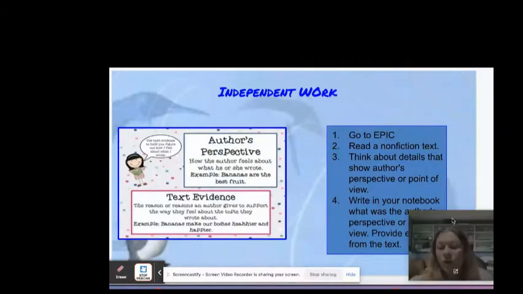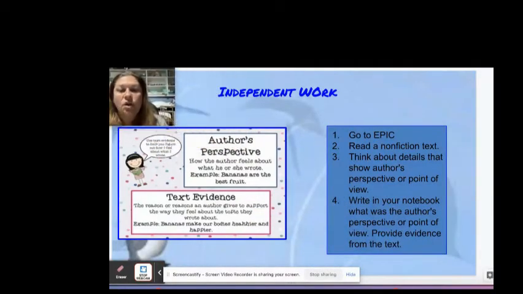Now, for your independent work, you are going to go to Epic, read a nonfiction text, think about the details that show the author's perspective or point of view, and write in your notebook what was the author's perspective or point of view. And remember, you have to provide evidence from the text. All right, boys and girls, I know you can do it. And when you are done doing that,